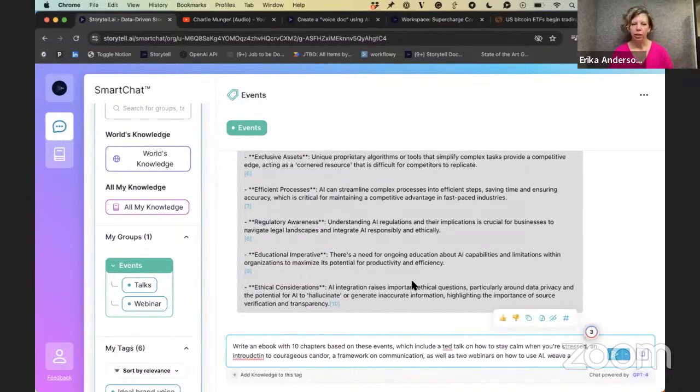So what is it that we'd want to weave through an ebook, and who's the audience for the ebook? These are things, again, just think of if you were giving directions to a human to do this, what would you say? Well, you probably need to do the same with AI. It will do something. It's just probably not going to do what you wanted.